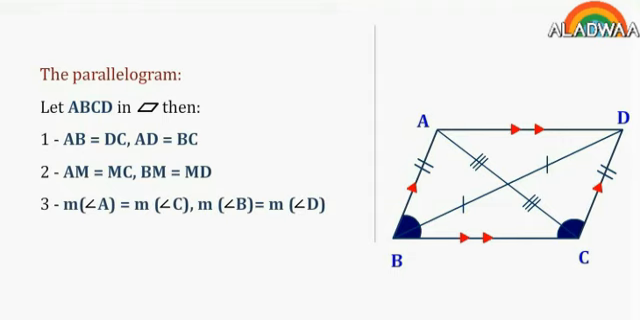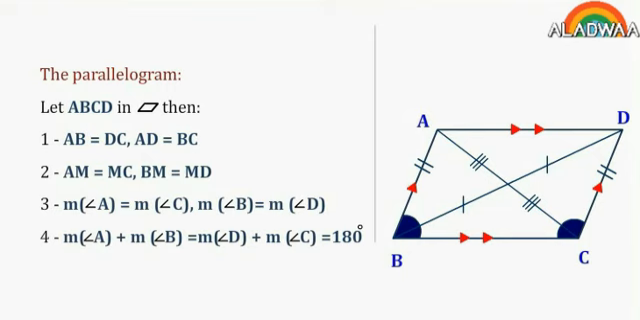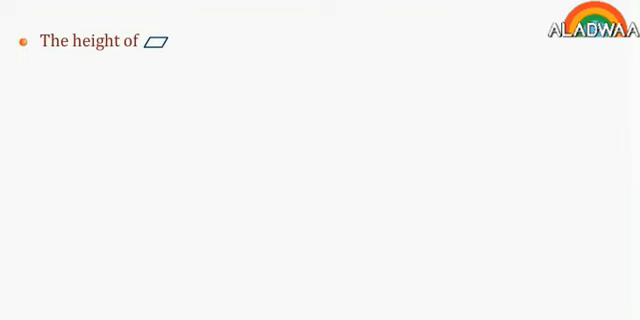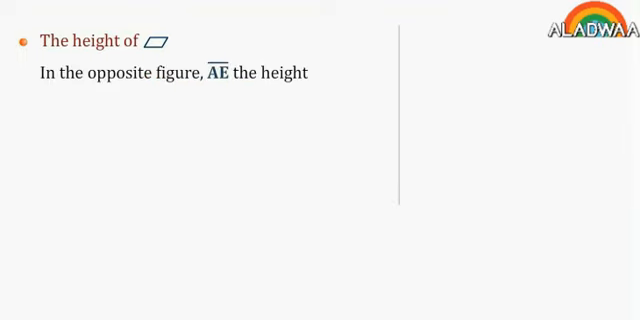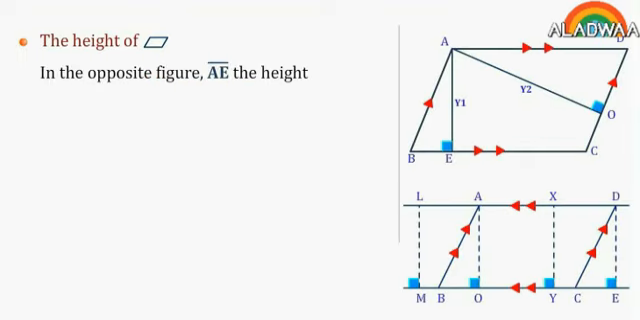Number 4, the measure of angle A plus the measure of angle B equals the measure of angle D plus the measure of angle C, equals 180 degrees. Also, the measure of angle B plus the measure of angle C equals 180 degrees. The height of the parallelogram. In the opposite figure, AE is the height corresponding to the base BC, and AO is the height corresponding to